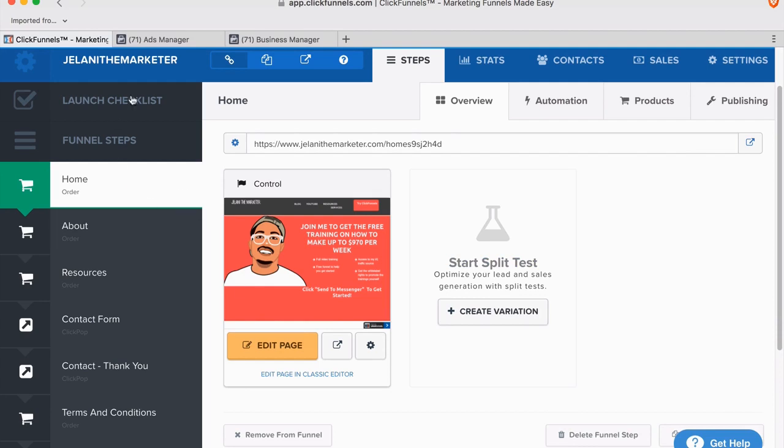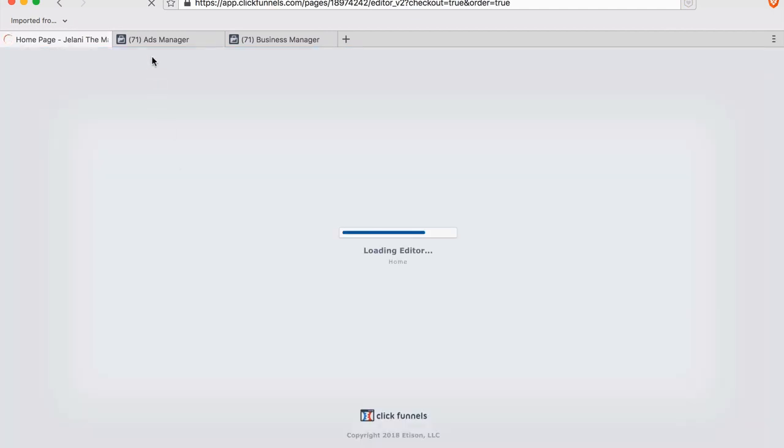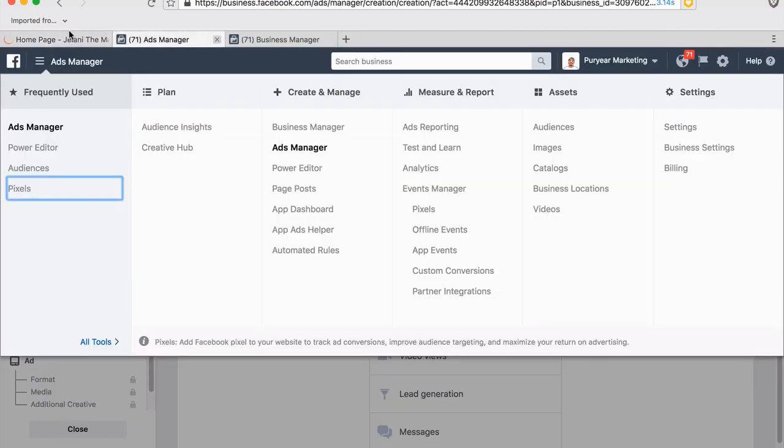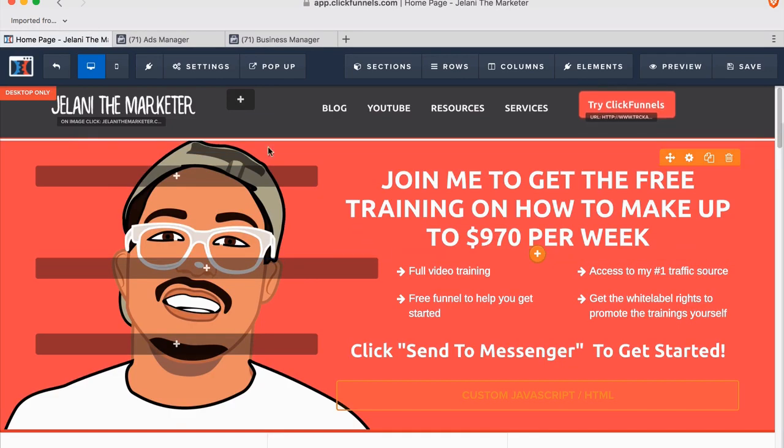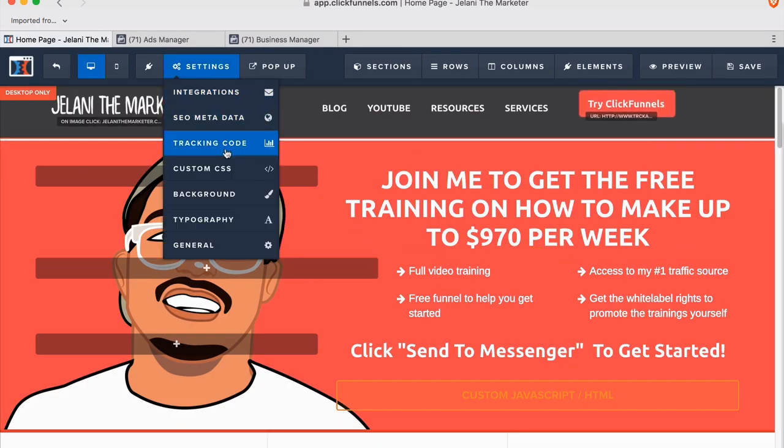So the first thing you want to do is go to your funnel, click edit page here, and click on settings. While that loads up, make sure that you also have your business.facebook.com account open. That's going to be your business Facebook account where you can grab your tracking pixel, and we'll do that in a second. But I just want to show you where this is going to go. So if we go to settings here and we go to tracking code,